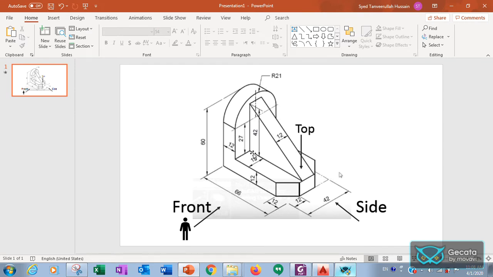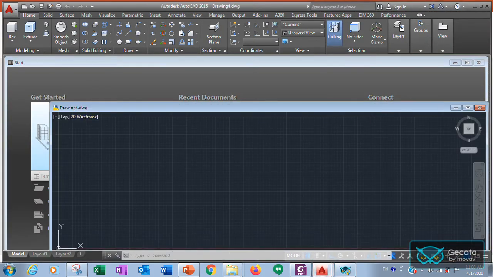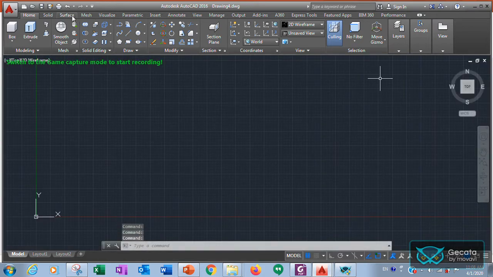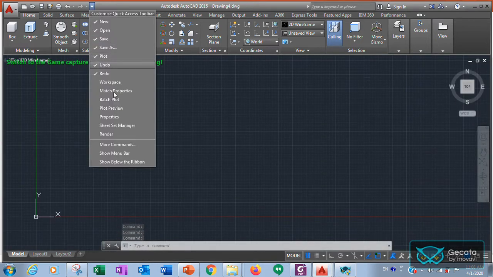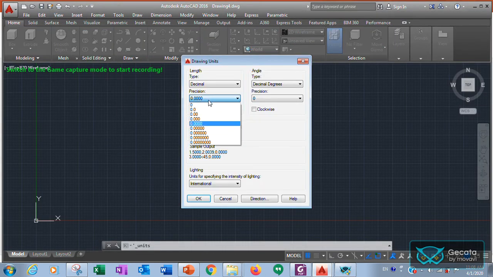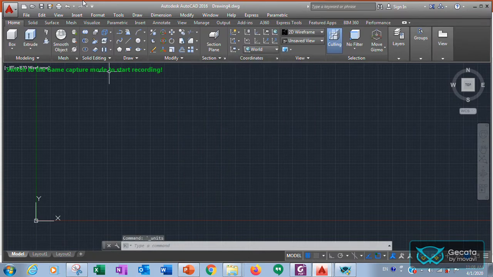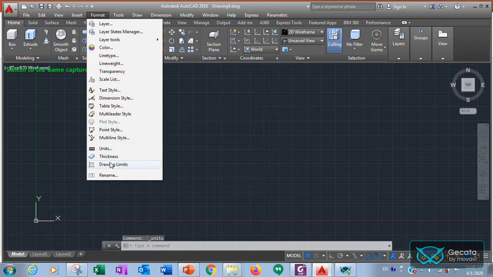Okay, so first we have to create this in the front view. Then what is the overall width of this figure? It is 42. So we will create this. So let us begin. So first you will do the basic formatting of the sheet. Okay, select millimeters, then go to drawing limits